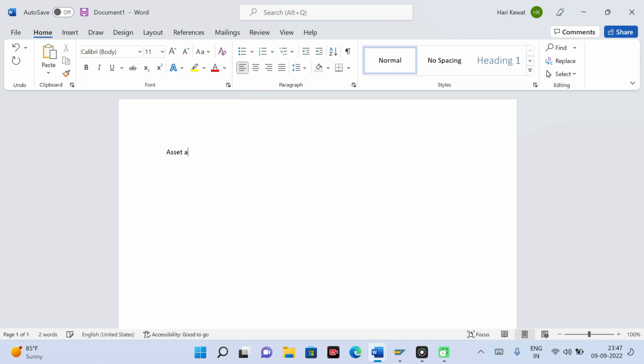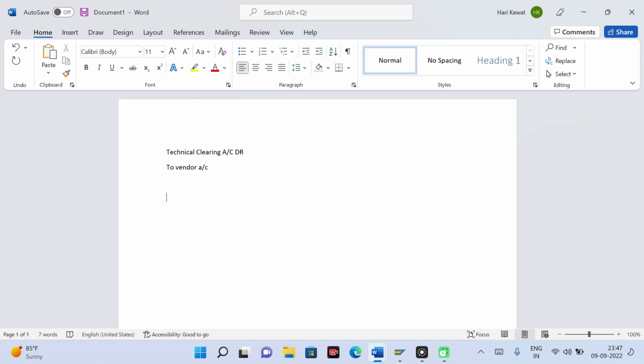asset account debit. No, it will post your vendor. First it will post your technical clearing account debit to your vendor account.